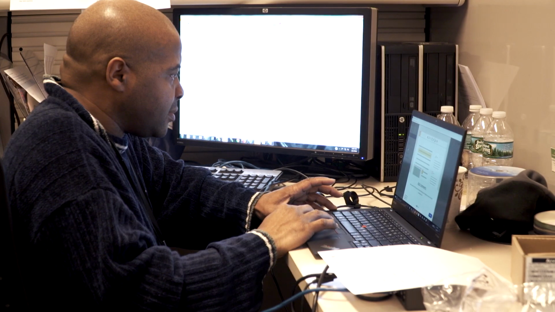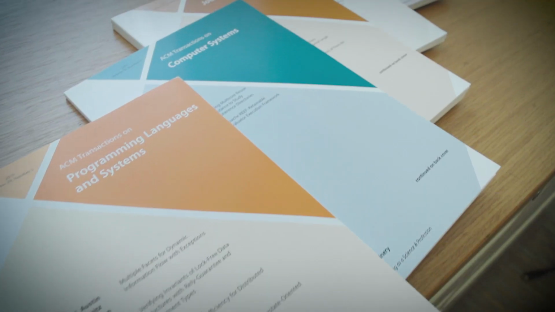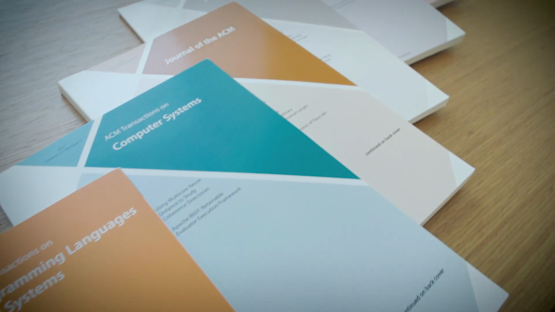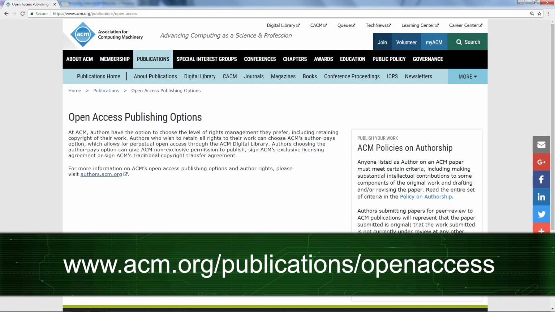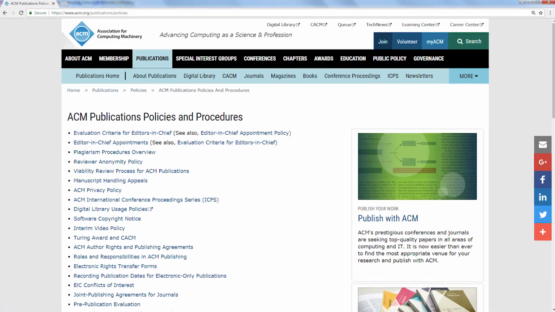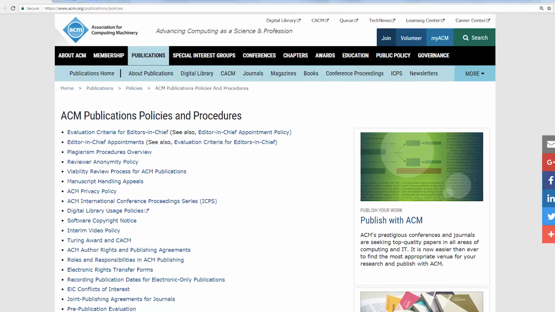Most of all, as an associate editor, you are the face of your journal and of ACM. We're here to help you promote your journal to authors and to readers, and we rely on your efforts and good judgment to maintain your journal's high quality. We realize that was a lot of information to digest, but as you now know, all of our policies can be found online at our ACM Publications page.